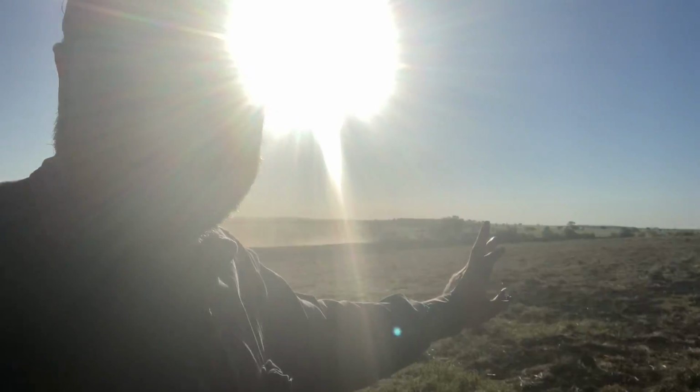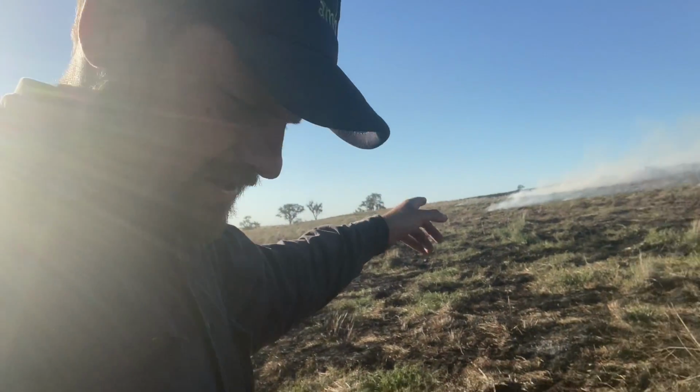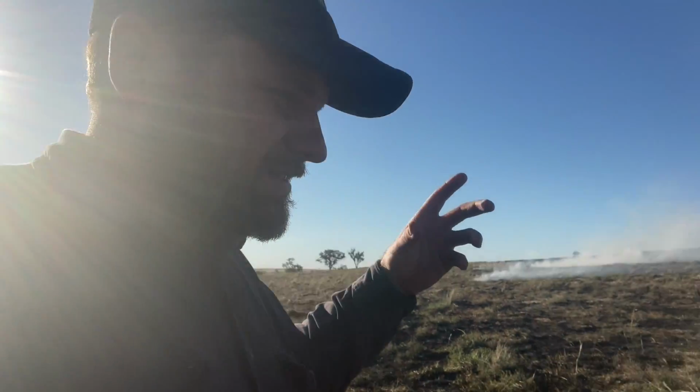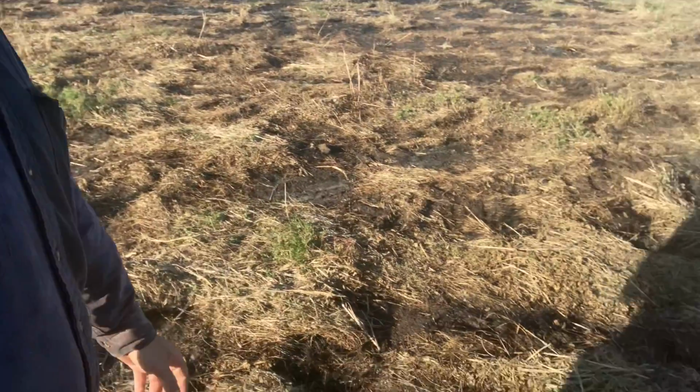Spent most of the day just fixing a cultivator, so you can see Dad over there in the background and in the drone footage. He's going on that, just trying to peel up a few more of these rocks in this new country here. So the other guys have knocked off, but yeah, been rock picking here and also burning off, as you can see here. It's just too much grass. It just blocks up the cultivator, and the rock picker especially can't process it. So yeah, we're just trying to burn the clumps, and as you can see here, it's actually